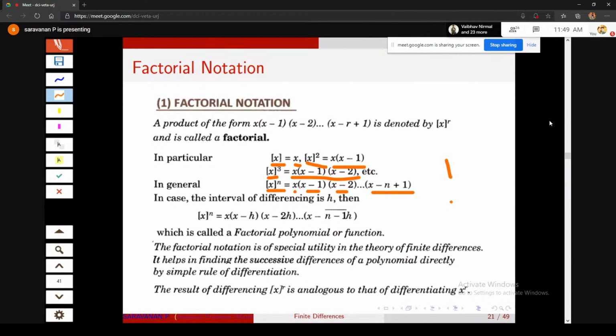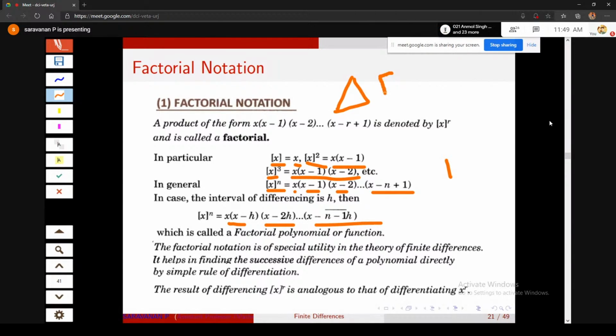In general, if the interval difference is h, then everywhere you have to write h: x, x minus h, x minus 2h, etc., up to x minus n minus 1 h. And this notation is known as the factorial notation. Okay, and the main result is that if you want to find out the difference of this factorial polynomial,